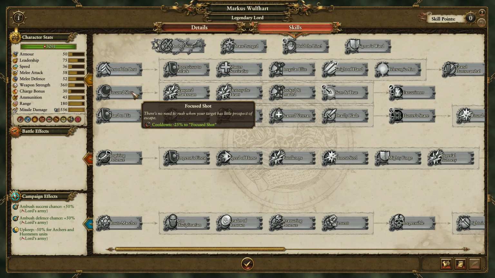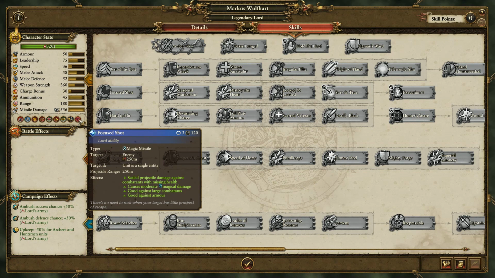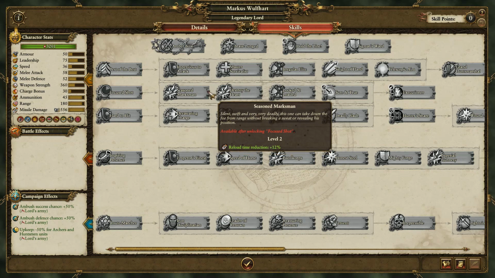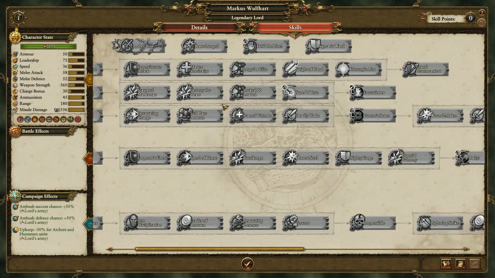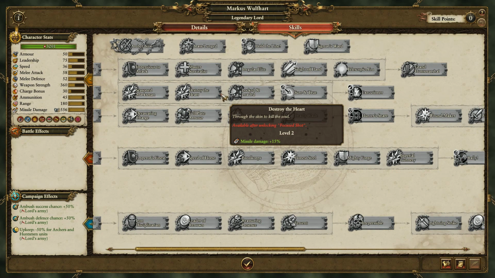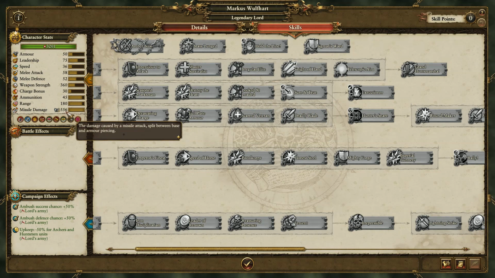Cooldown minus 25% to focused shot, which I believe is this one, which is like a powerful projectile attack. 3 uses, as we can see, causes moderate magical damage, good against large combatants and armor, so that's gonna be a really painful ability to deal with. Plus 6% reload time reduction and plus 12 for seasoned marksman. Destroy the heart, missile damage up to 15%, and having already